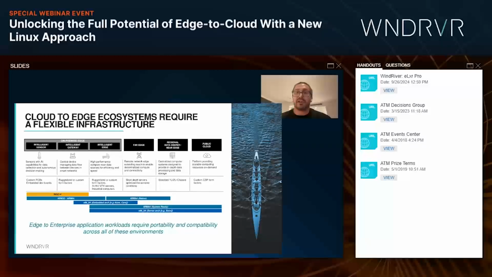And one of the things to note is as you move from the right-hand side to the left-hand side, you really do increase in terms of the heterogeneity of your processor environments. So on the edge, you may see things like RISC-V, a variety of ARM processors.